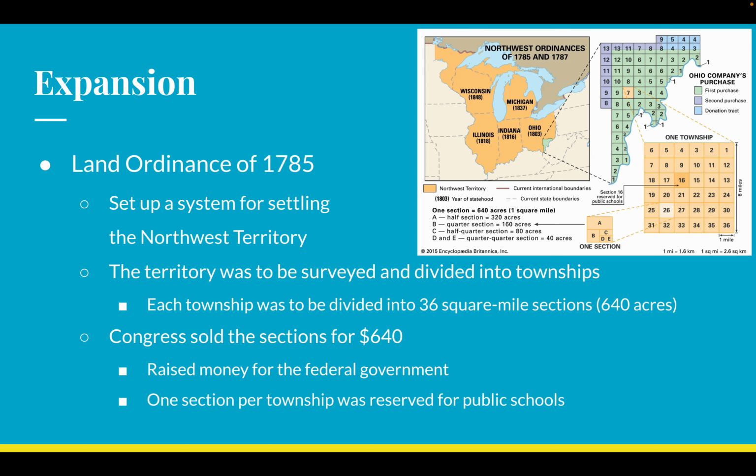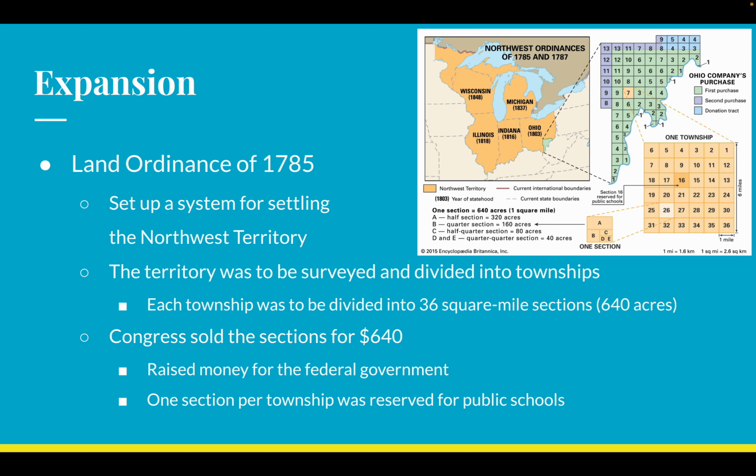So a quarter section, that D&E section, so that is a quarter of a section, that is 40 acres. That would cost you $40. Now, if you wanted to buy all of 26, that would be 640 acres, $640. So it really depends on the amount of money you have and what you can afford and the land that you actually need. That's why they're breaking it down so much.